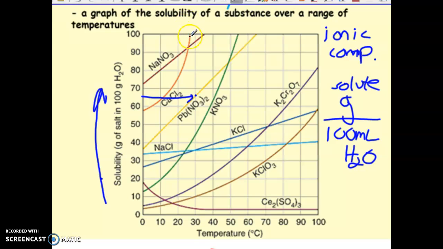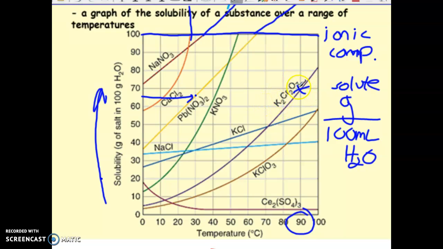Now, I want you to notice that some of these lines kind of stop at certain points, right? Like the line stops. If you are ever asked a question that has to do with comparing compounds to each other, you cannot assume this graph is going to continue. Okay, so some students love to say, well, for example, I'll give you an example right now. So let's say I said, what's the ionic compound with the highest solubility at 90 degrees? Okay, so you would have to go up to 90 degrees. Okay, well, the one with the highest solubility is this one right here, potassium